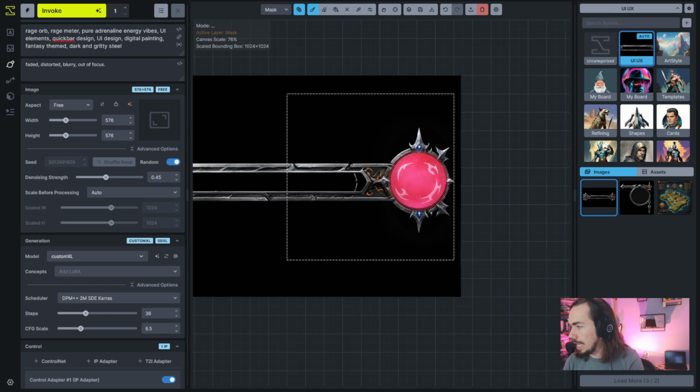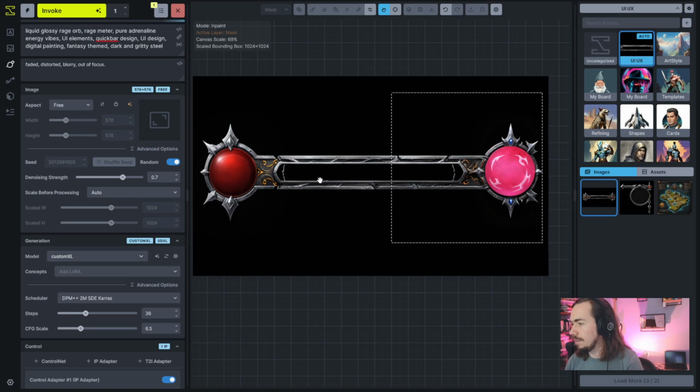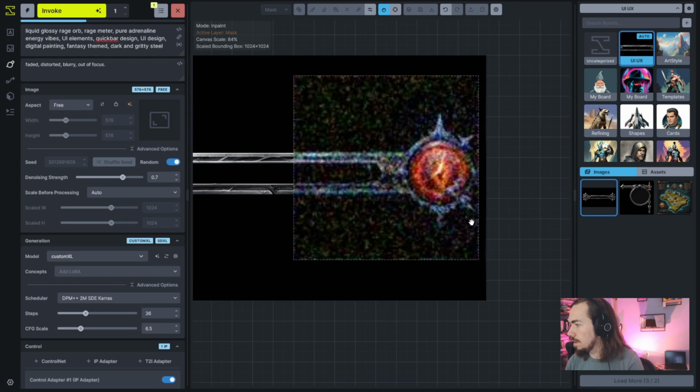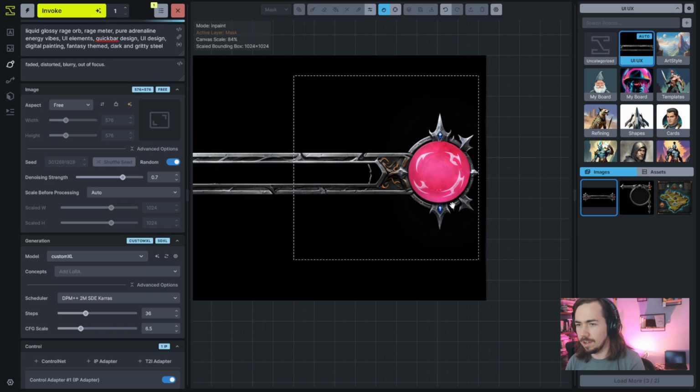In this case though, I'm going to take that, I'm going to mask it again, and I'm going to do liquid glossy rage orb. Up to 0.7. We might lose some of the color there, but we're hoping that we'll still get a little bit of pink. I could probably put that in the prompt term as well. But it's definitely distinct from our health orb over on the left-hand side. I think that's pretty cool. It did change the color a little bit, but